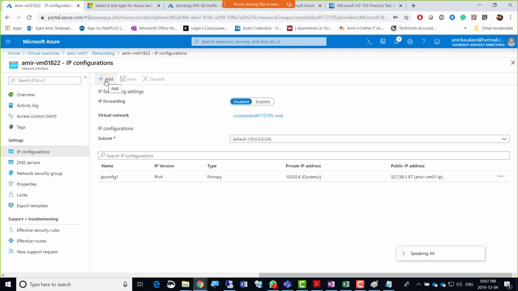Save, and you have to refresh a couple times, and then you go back on that screen, and it'll show you public IP. Okay, so you don't have to add it, right? No, you don't have to add it. In that machine there will be no public IP, but on the same screen there'll be an option of public IP, and then you can enable it.